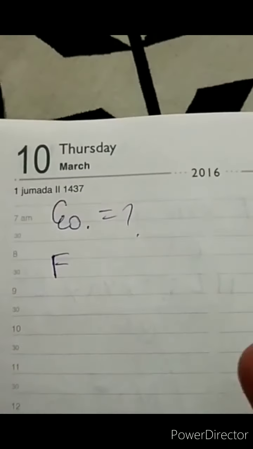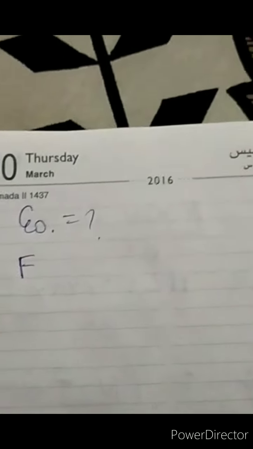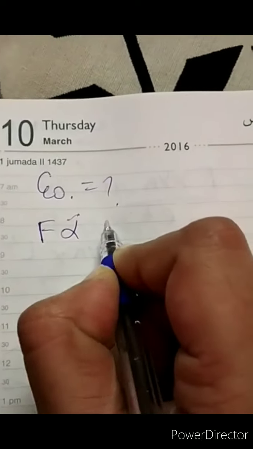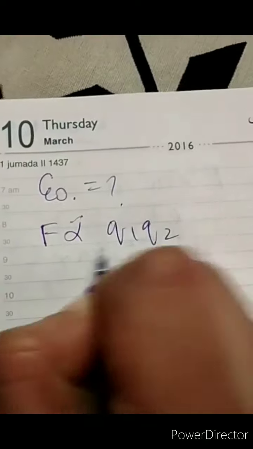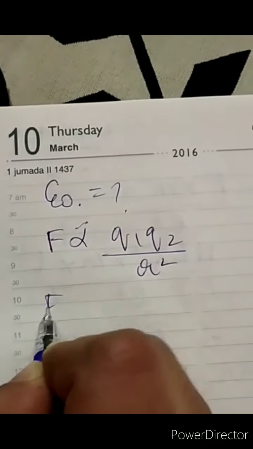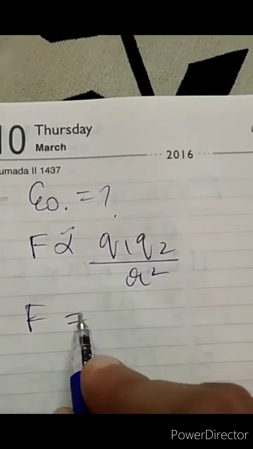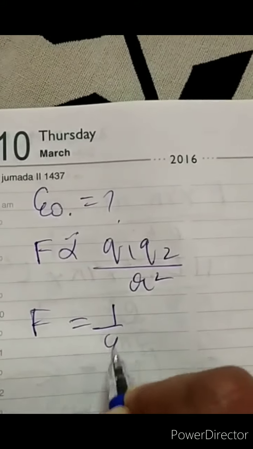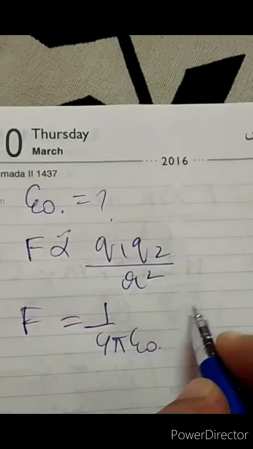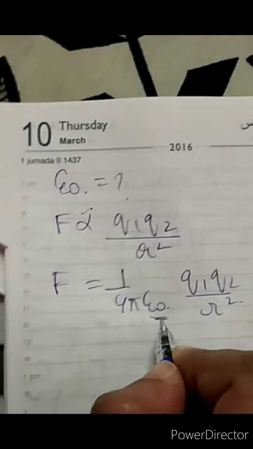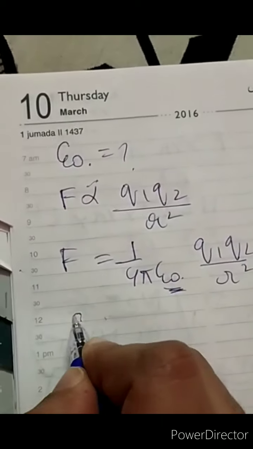If you already know, just skip it. Force is directly proportional to Q1 into Q2 and inversely proportional to R square. If you remove the proportionality constant, you will find F equals Q1 into Q2 upon 4 pi epsilon 0 R square. You want this value, so replace it,